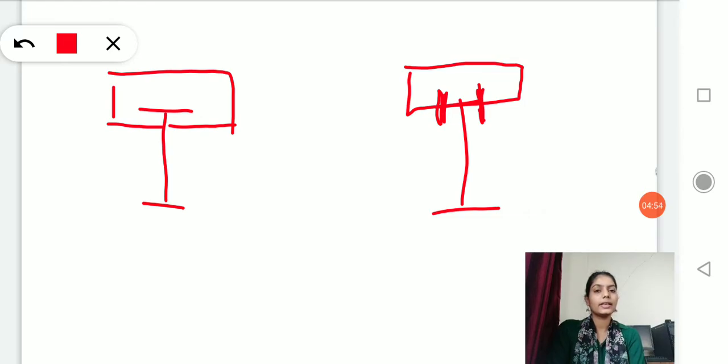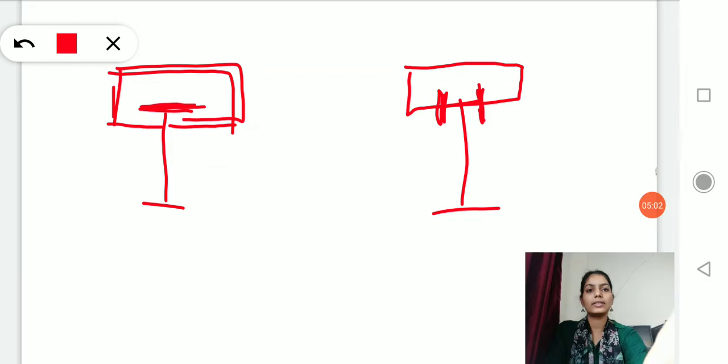What I said is, either you embed your top flange or upper flange inside the concrete block or the slab above the beam, or otherwise you provide shear keys or shear anchors like this, which go inside the concrete, right?